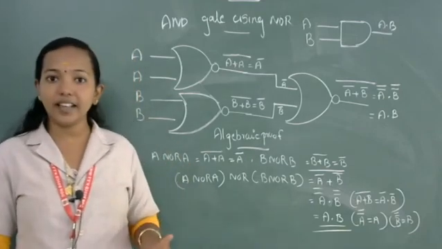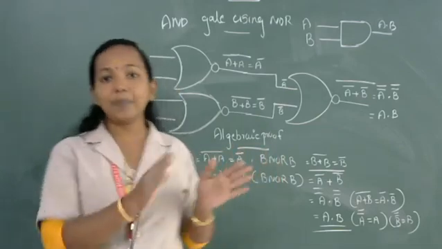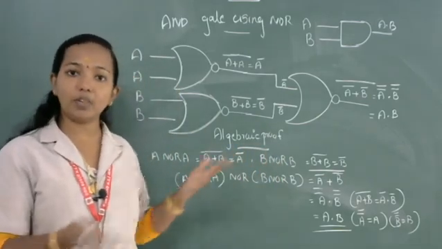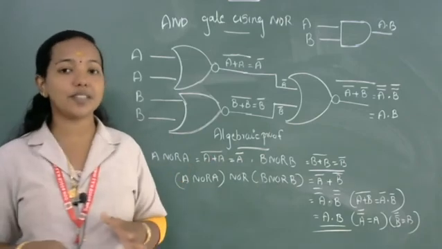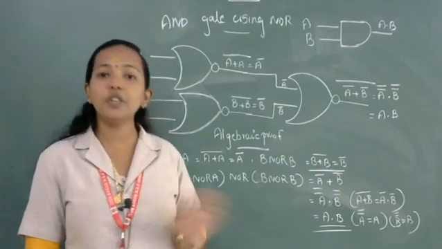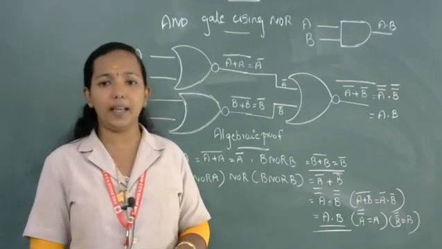I think it is clear because if you know the first implementation, the steps are quite similar. The first method and second method are both similar but the operations are different. So if you study this, then you can easily write it. You need not memorize it. If you know the method, then you can easily draw the circuit diagram.